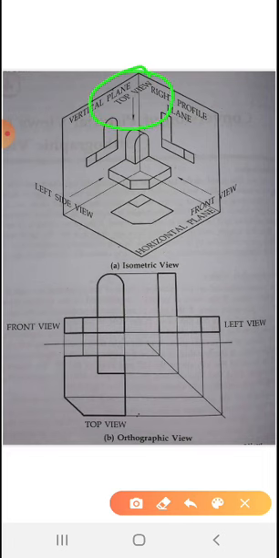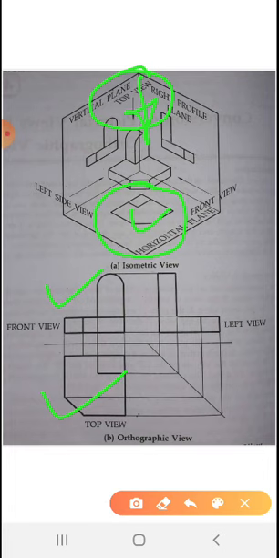Okay, top view is nothing but if the view of an object is projected on the horizontal plane, then it is called the top view. That means if the observer wants to see the object from the top, the object's top surface is projected on the horizontal plane, so it will look like this diagram. So this diagram has to be drawn in top view, and similarly the front view.